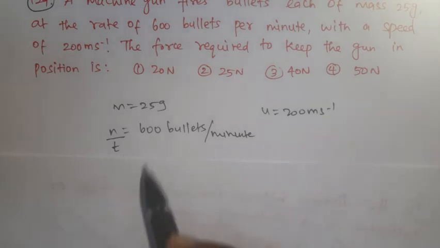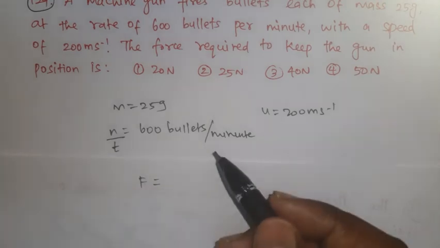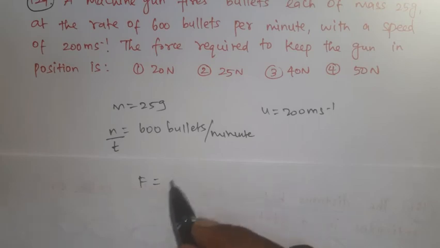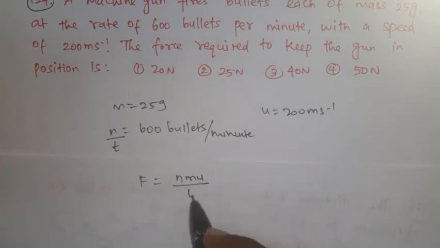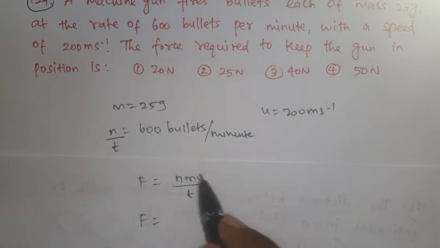ஸோ ஃபஸ்ட்டு ஃபோர்ஸ் ஃபார்முலா: rate of change of momentum is nothing but force. So change in the momentum, n mu by t is rate of change of momentum. இங்கே ஒரு மொமெண்டம் தான் வரும். F is equal சேஞ்ச் இன் மொமெண்டம், இங்கே mu. இன்னொரு வெலாசிட்டி வந்து 0 ஆகிடும், ஃபைனல் வெலாசிட்டி. அதனால் இது மட்டும் தான் வரும்.